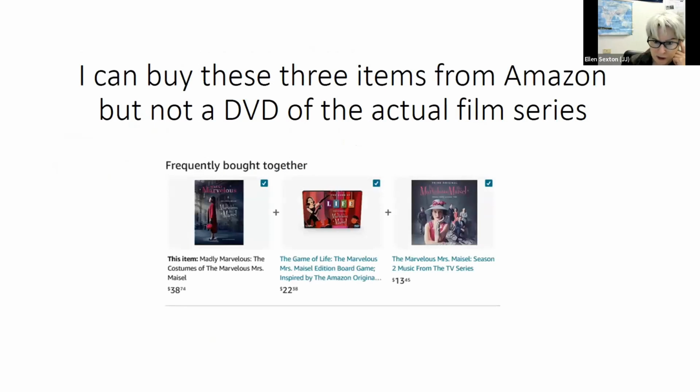So I love The Marvelous Mrs. Maisel, and I have actually been trying to get a DVD of this for a very long time, and it's impossible. Produced by Amazon, they sell a book about costumes, they sell a game, and they sell the music on CD. Well, they sell the music, but they don't actually sell the series itself.